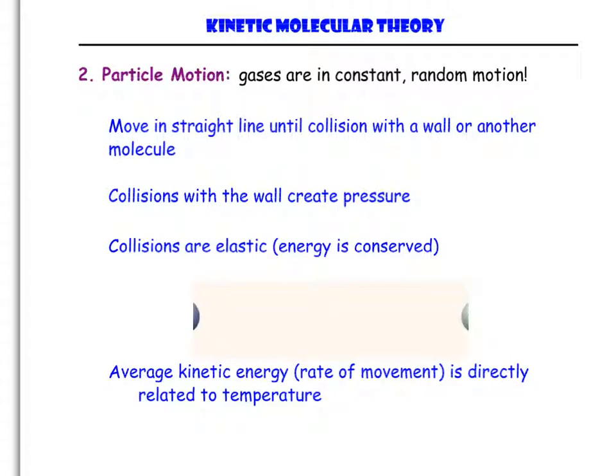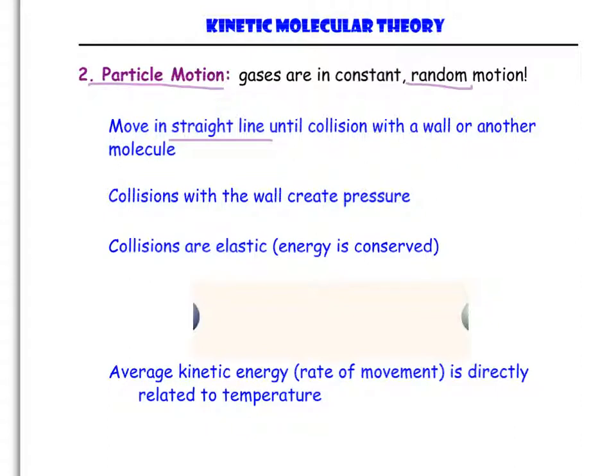Another thing that we assume with kinetic molecular theory is particle motion. So we are assuming that gases are in constant random motion. They are going all over the place. However, when we say random, we are assuming that they move in a straight line until they collide with something